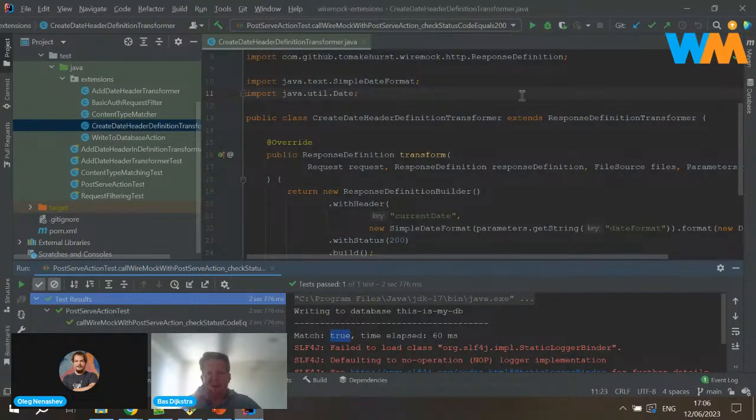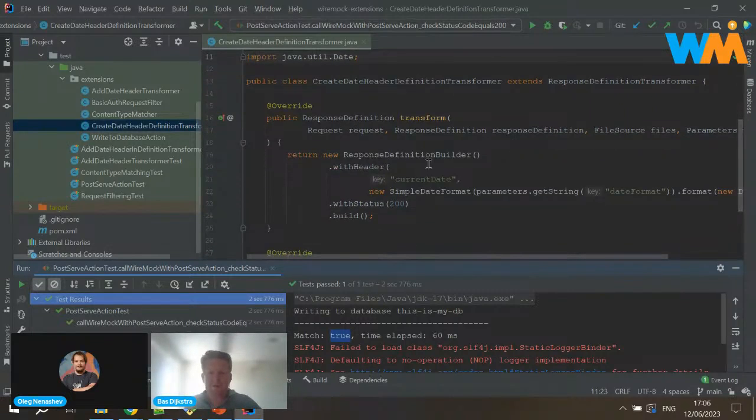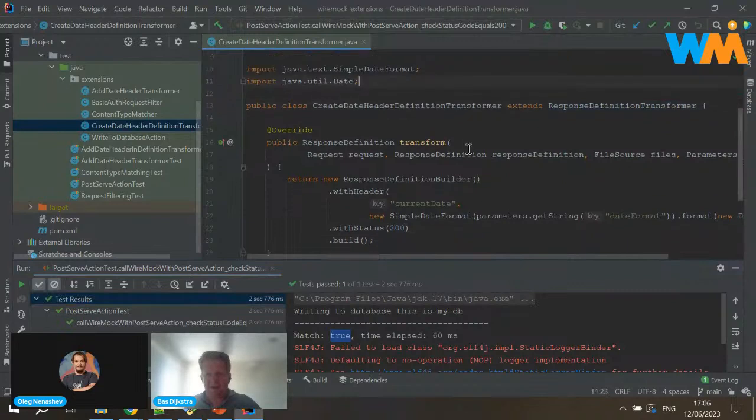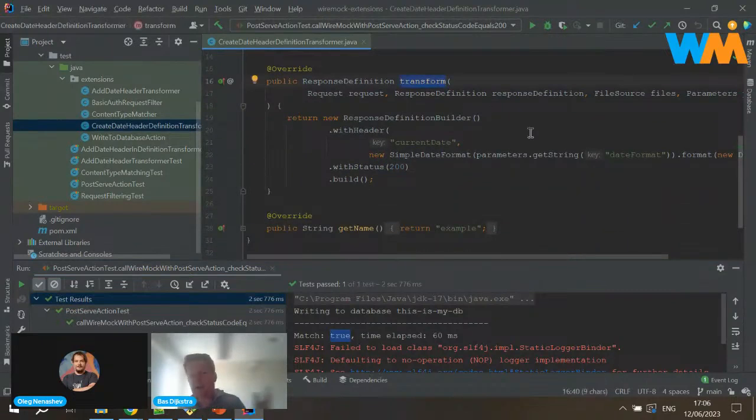So my response definition transformer here extends this class. And what I override is the transform method. So I build a new response definition here, which is just a template definition that WireMock uses to create actual responses.